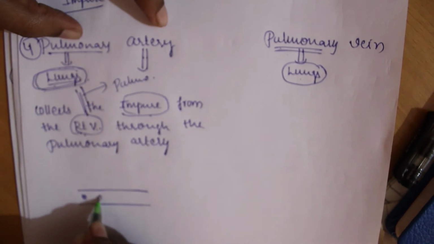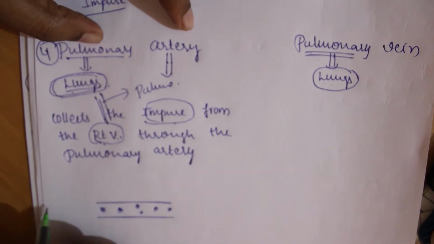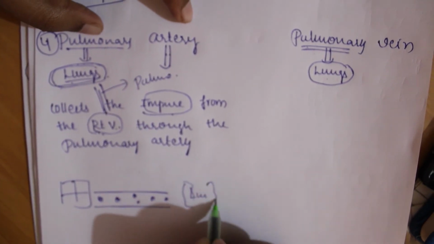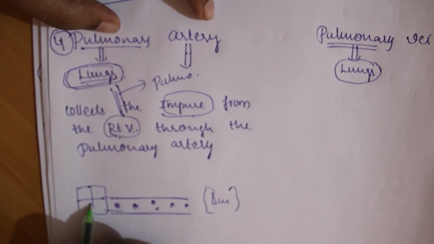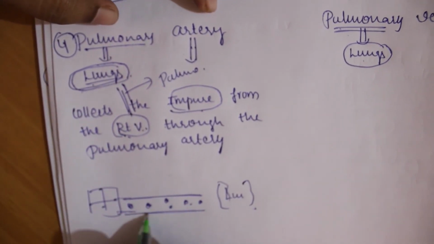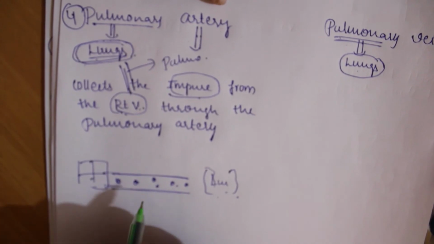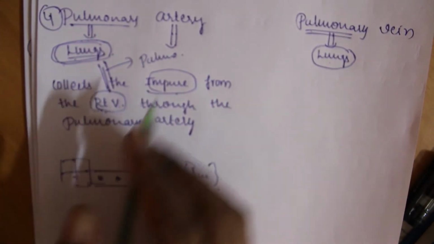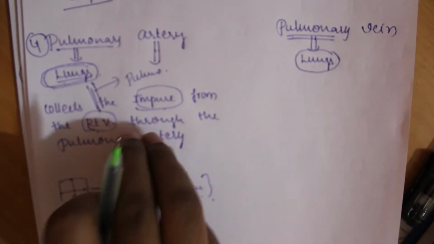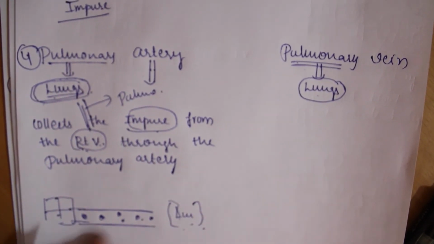In the pipes there is blood. Through the pipeline system it connects the heart and the lungs. Due to the presence of the artery, the blood can flow from one organ to another organ with the help of the arteries. This is the function of the pulmonary artery. I am saying that the deoxygenated blood that is collected in the right ventricle can enter into the lungs through the pulmonary artery.